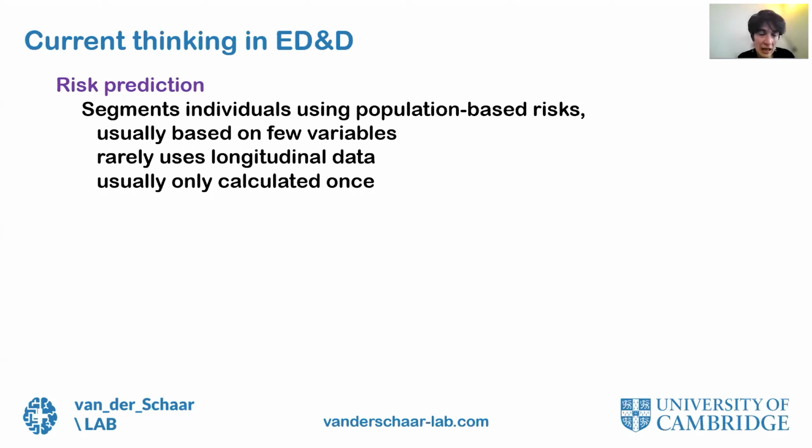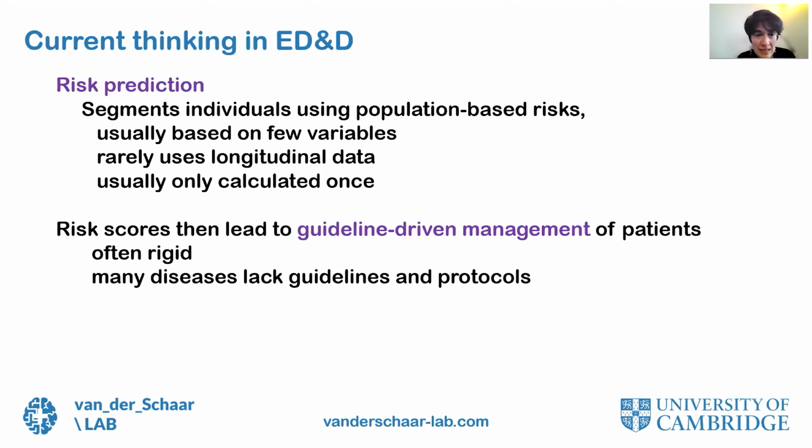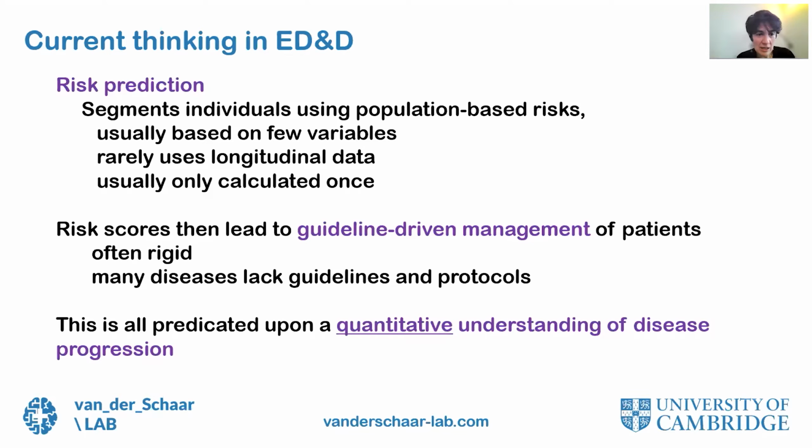Usually, it is calculated only once. On the basis of such scores, guideline-driven management of patients is performed, which is often rigid. And many diseases may even lack such rigid guidelines and protocols. So this is also all predicated upon a quantitative understanding of disease progression, which I would dare say is somewhat